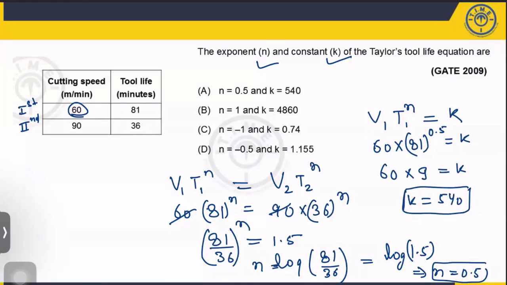Okay. So any parameter, for example, if I'm giving you the next tool life, you can calculate the cutting velocity. Is it clear, Jagan? Yes, sir. Okay. So now